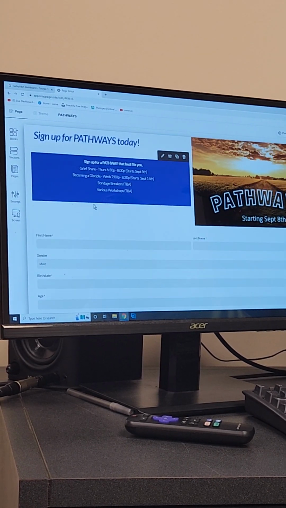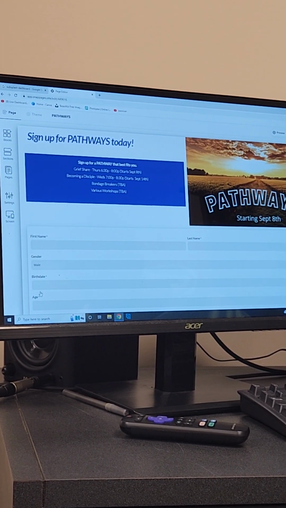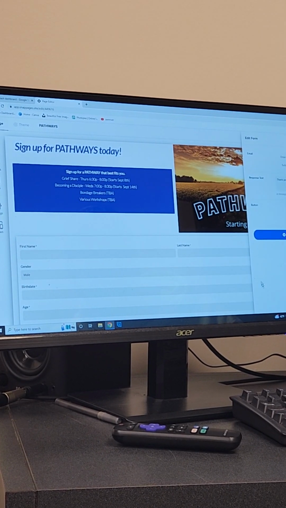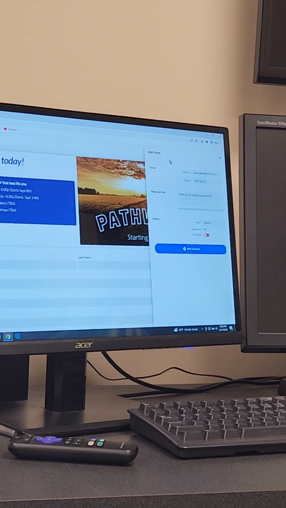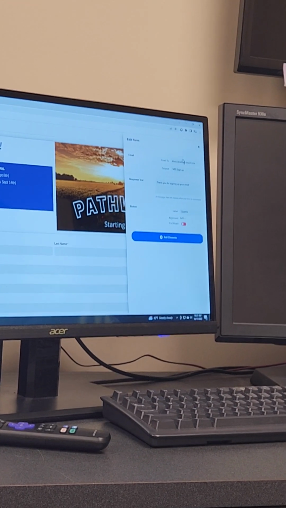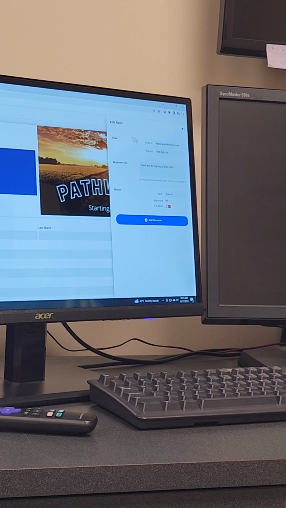But those X's won't pop up until you click on it. And then sometimes this edit form will pop up, sometimes it won't. That's what I was talking about, how it's finicky. Adding stuff to it can be a little bit frustrating. But up here on the form